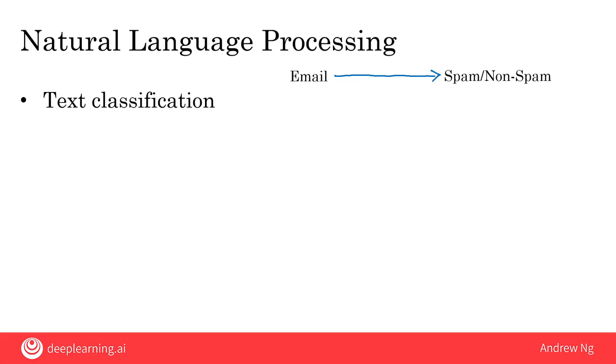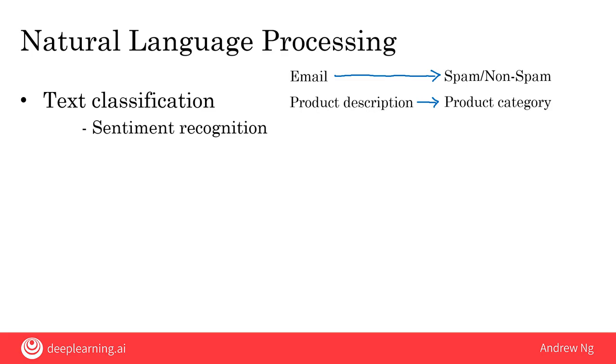There are also websites that would input a product description. For example, you might write, I have a secondhand cell phone for sale, and automatically figure out what is the product category in which to list this product. So that would go under cell phones or electronics. Or if you write, I have a new t-shirt to sell, then it would list it automatically under clothing. One type of text classification that has had a lot of attention is sentiment recognition. For example, a sentiment recognition algorithm can take as input a review like this of a restaurant, the food was good, and automatically try to tell us how many stars this review might get.